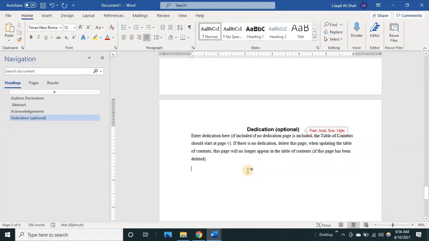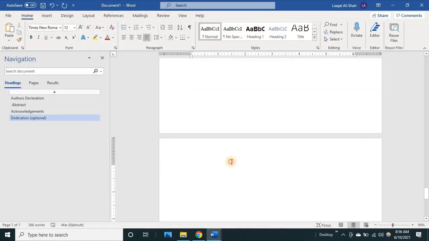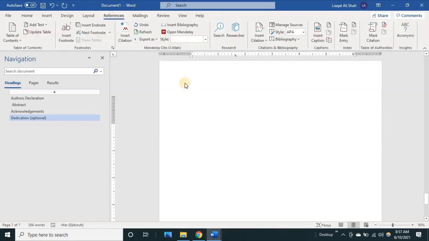Okay. Now we come to our table of contents page. So just press Control plus Enter so that you come to the next page, right? Now go to the references and from the references choose this table of contents.